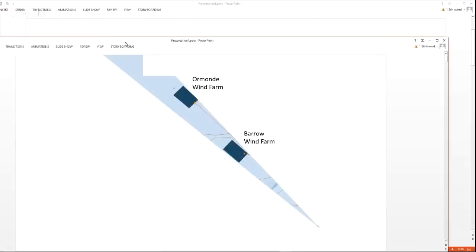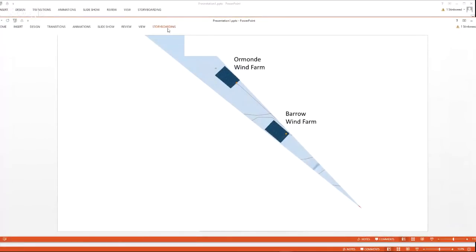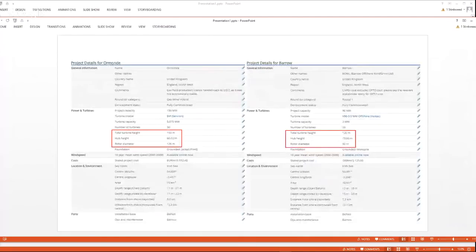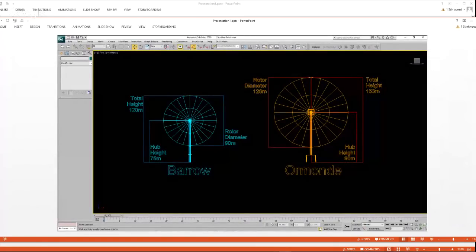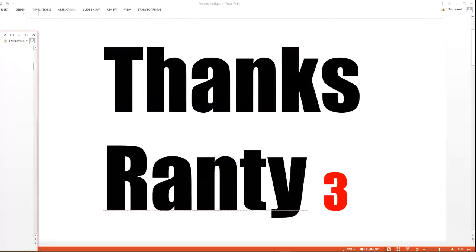Just want to say that first of all, these are the wind farms that are being talked about, and this is actually the location. I think he's a little bit off from this in this other photography that I used today. These are the heights and dimensions of the turbines in the two different locations. Figured I'd just bring that up to show it. And this was what I had modeled the other day in Silent Movie 4, and that's what I'm going to be using today. So I just wanted to show that real quick, and we'll go ahead and make that comparison.